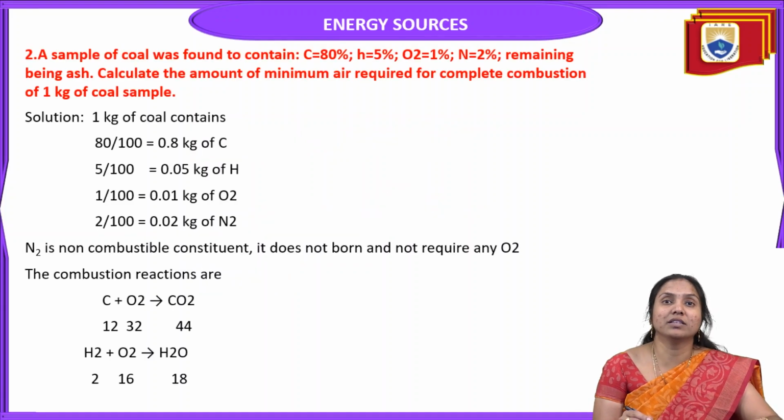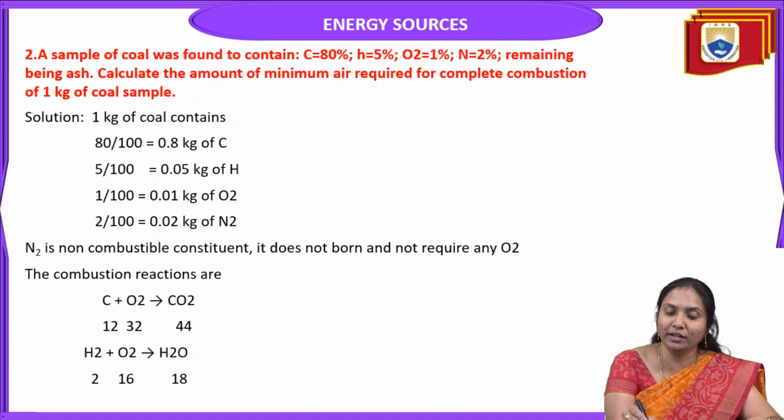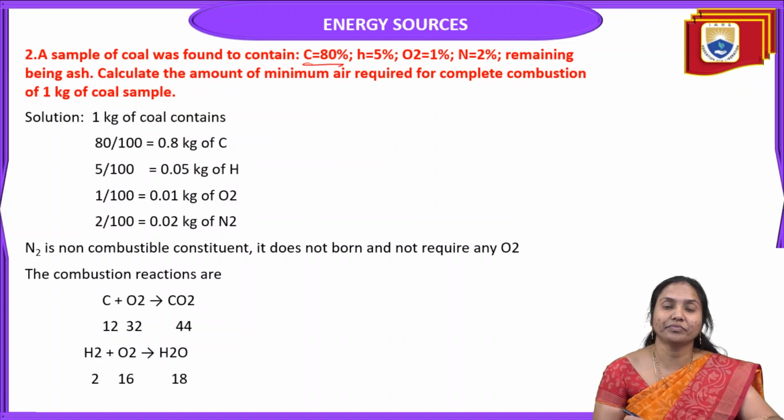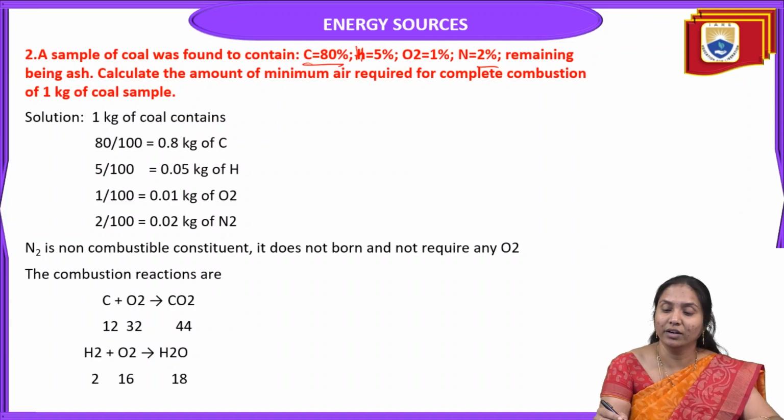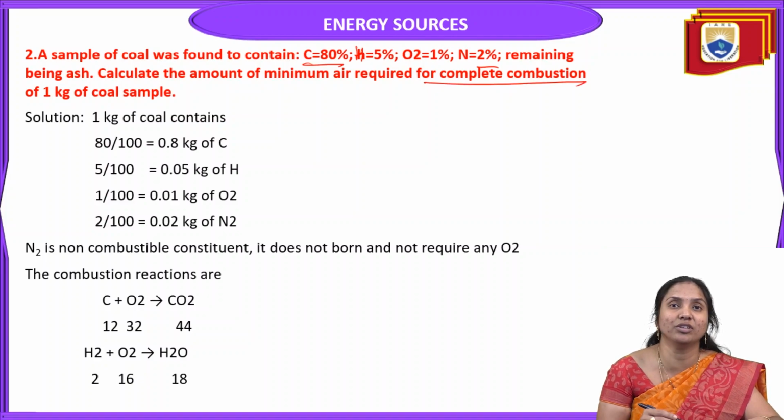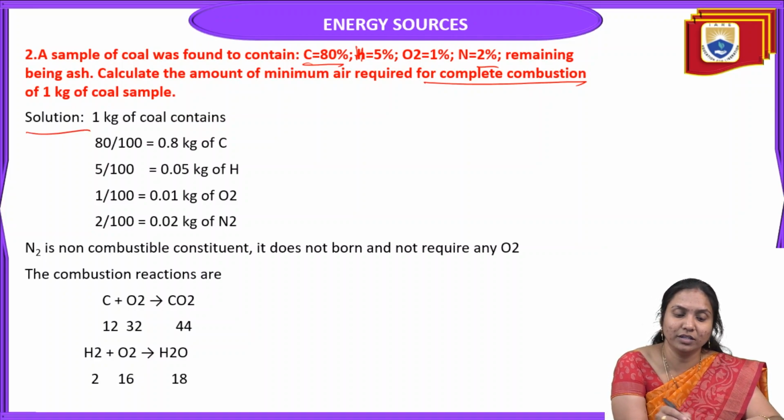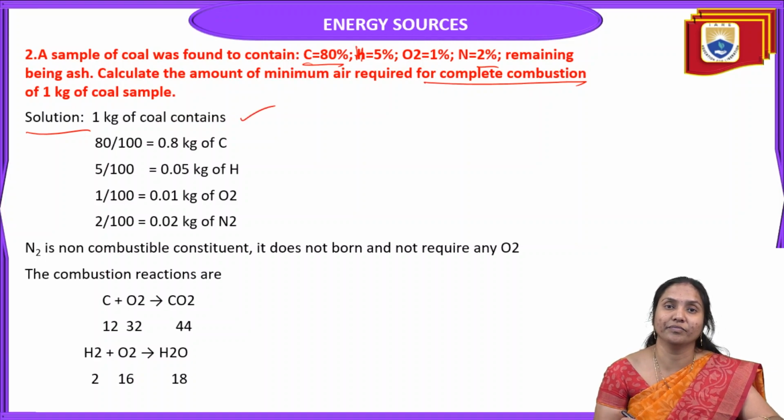Next problem: a sample of coal was found to contain carbon 80%, hydrogen 5%, oxygen 1%, nitrogen 2%, and the remaining being ash. Calculate the amount of minimum air required for complete combustion of 1 kg of coal sample. So the solution: 1 kilogram of coal contains